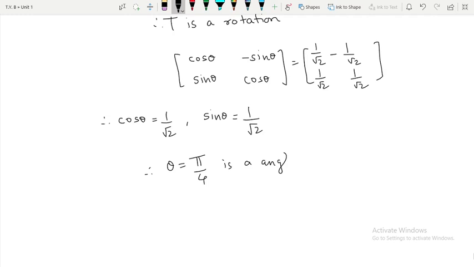Is that okay? So that's all about the problems on reflection and rotation. From the next class onwards we are going to start with a totally new concept. So whatever doubts are there on this topic, you write down the doubts on a piece of paper and we will clear those doubts on Thursday.